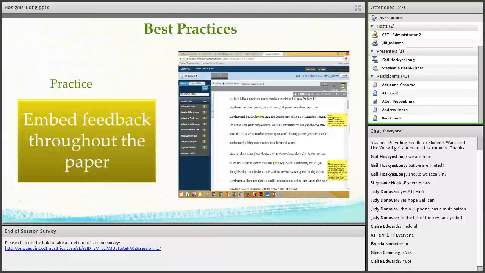There are a few different options for adding comments. You can type custom comments, you can use the pre-made comments already in Waypoint, or you can make your own pre-made comments. You can also use other popular tools to embed comments, such as the track changes and insert comments options in Word, and then attach your marked up document to Waypoint. You can find a link at the bottom of the summarized feedback area in Waypoint for attaching documents.